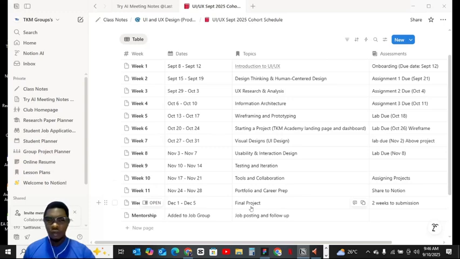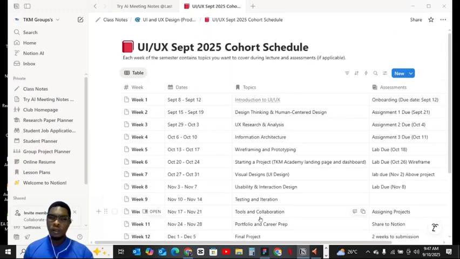Also, one of the things we've been enjoying in this cohort is mentorship. You will be added to a group where jobs will be posted on UI/UX so that you can apply for jobs. We'll also be doing follow-up. As you are learning, maybe sometimes you need to reach out to someone who can mentor you or guide you through some things. We'll be doing that for you. So you have a lot to gain from this course.